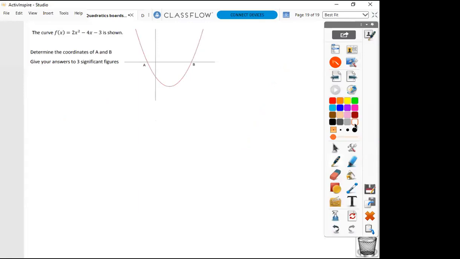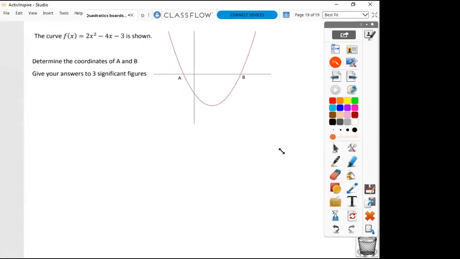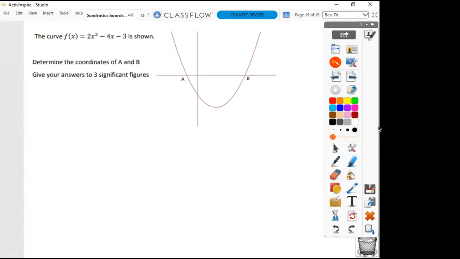All right, so we're seeing roots A and B. We're getting given a wee picture of the parabola. That's a good helper. It gives us an idea of where A is going to be and where B is going to be